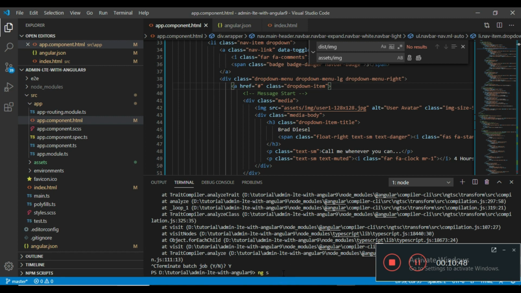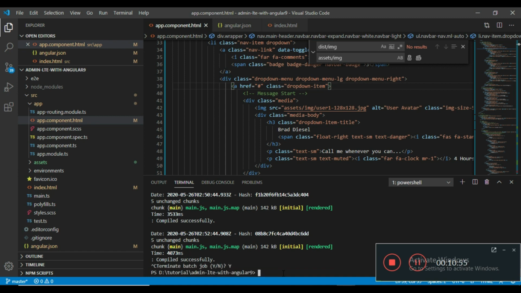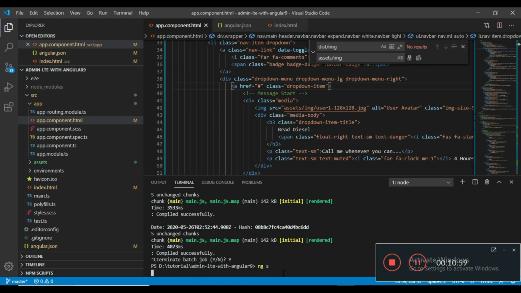So run the project with ng serve. First we will close the project and then run ng serve.